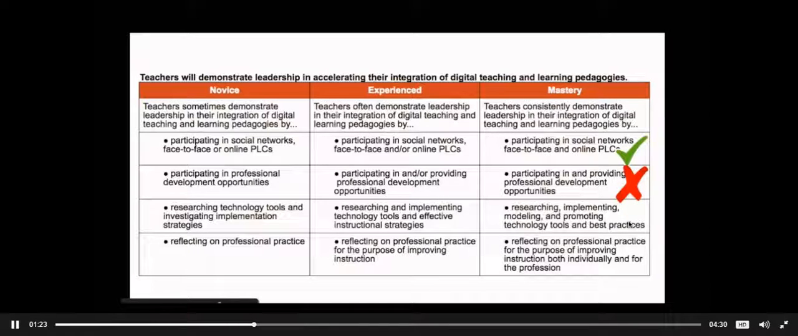Do I research, implement, model, and promote technology tools and best practices? You know what? I'm not really sure if I even know what that means. And if that's the case, that's okay. Your answer is no. Do I reflect consistently on my professional practice for the purpose of improving instruction both individually and for the profession? Well, I do reflect in my head after certain activities or lessons, but I definitely don't